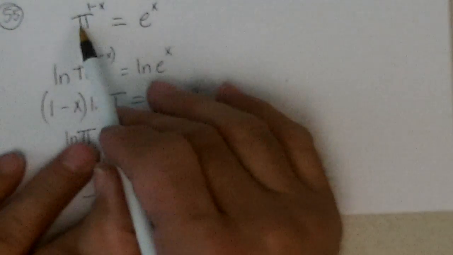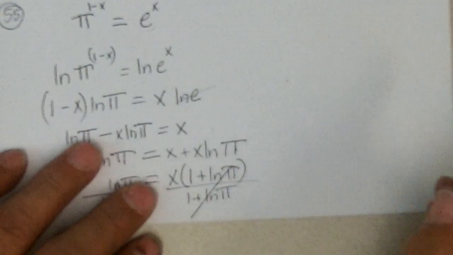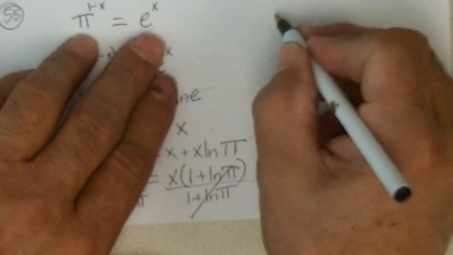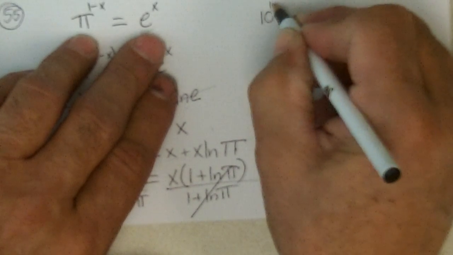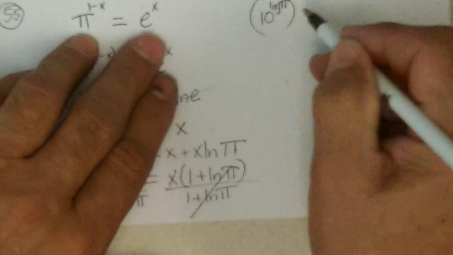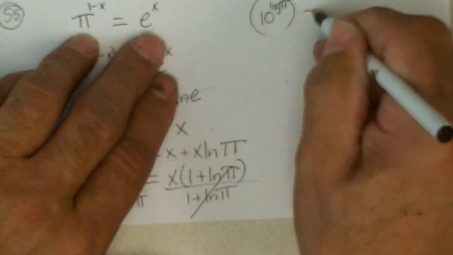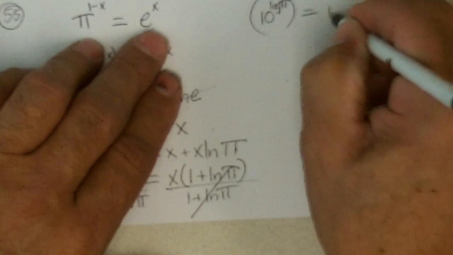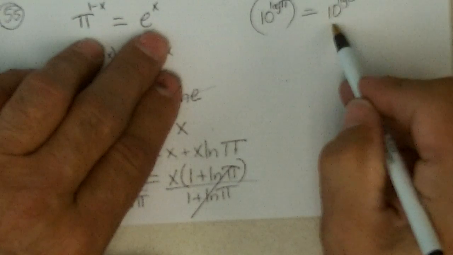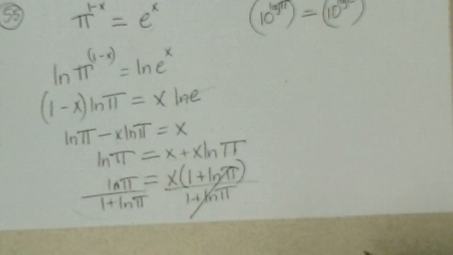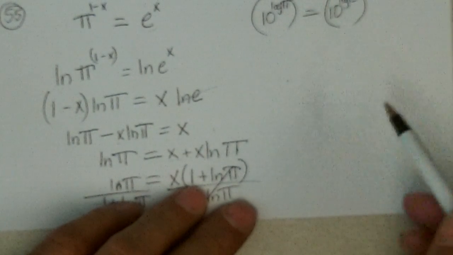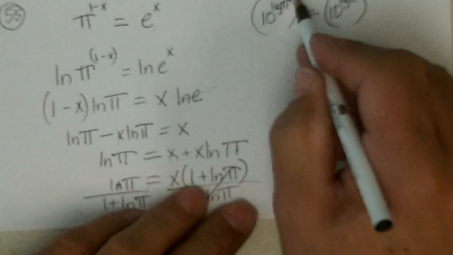Now, the other way to do this one would be to change these into the same base, like maybe base 10 or base e. Since you guys like base 10, I'll do 10. So this would be 10 to the log of pi, that's another name for pi, to the 1 minus x equals 10 to the log of e, that's another name for e, to the x. They have the same bases, so the powers must be the same, and we have power to power, so we've got to multiply, so we get log of pi times 1